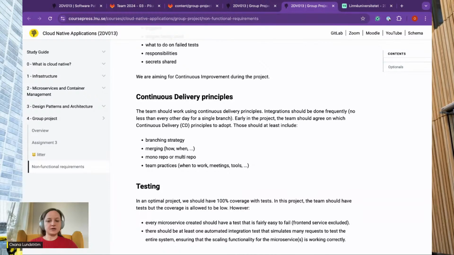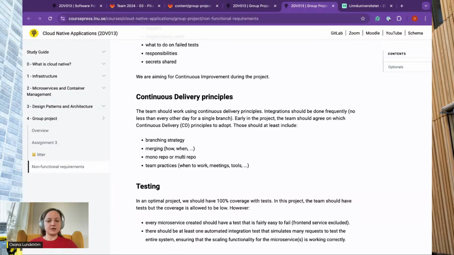And for the continuous delivery principles, try to remember everything you learned in all the courses during the program. We have used it previously in individual projects, but now you're working together. So what is your branching strategy? Once one of you is making a feature, maybe it's a good idea to create a branch. How do you test it? At which point are you certain that you can merge it to main? How do you organize your repos? Is it going to be a mono repo, or are all microservices going to have a separate repository?